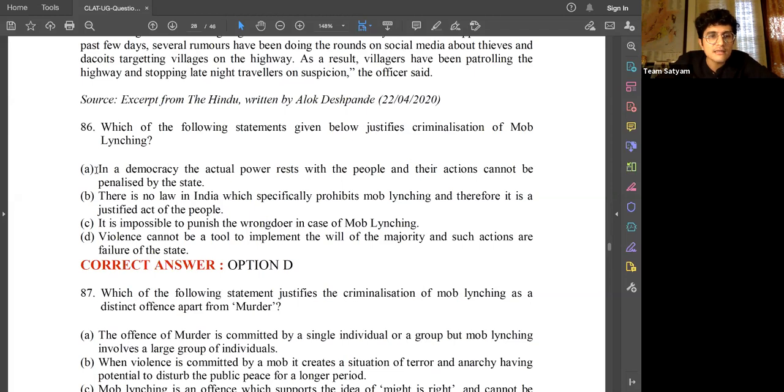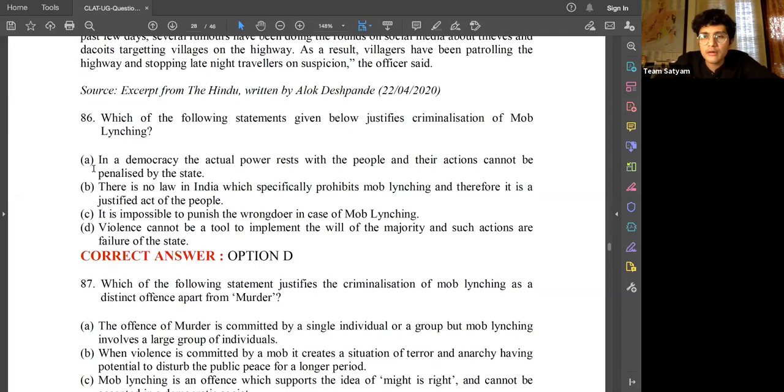So in that context, if you look at the options over here, you will be required to deploy some amount of common sense, because A, B, C are apparently wrong. I mean, you know that these assertions are wrong. That's why you mark the correct answer as D. So there is nothing wrong with the answer over here. The only thing that we are trying to say is that there was no application of legal reasoning skills here. It was rather an application of general reasoning skills and possibly some amount of social and political awareness that you're required to have with respect to whether mob lynching is an activity that is looked down upon.